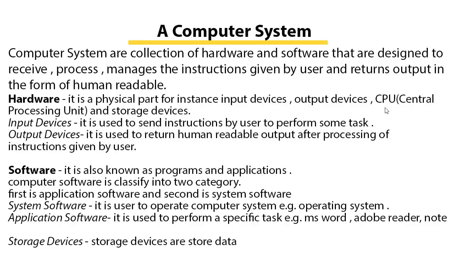Okay. Then you have your CPU, that is also called the brain of the computer, and it is used for processing whatever input has been given by the user to the computer, that gets processed in the CPU. Okay. And storage devices. Storage devices are like your hard disks or pen drives that you use. They all are the hardware only.